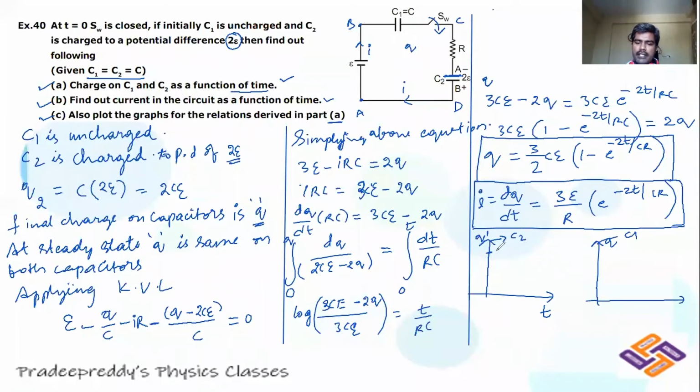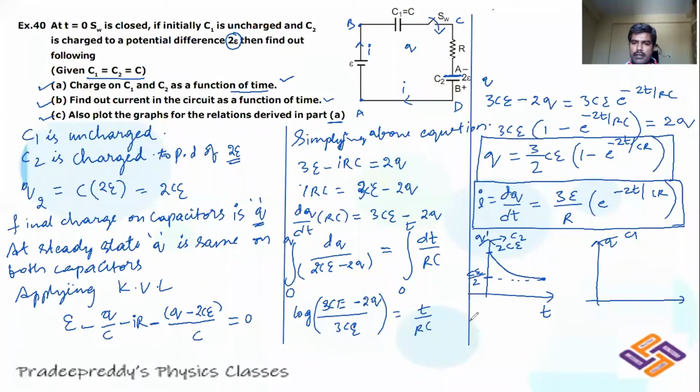So already it is initially charged. What is its value? It is initially charged and its value is 2CE. From there, what would happen? It decreases with respect to time up to a certain value, which is equal to CE divided by 2. And remember, the final charge on both capacitors is not equal to 0. That is the reason why in the first graph, this should not touch the time axis. This should vary only up to a value of CE divided by 2.